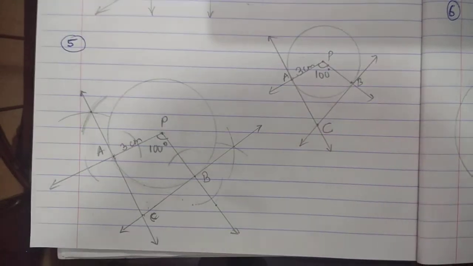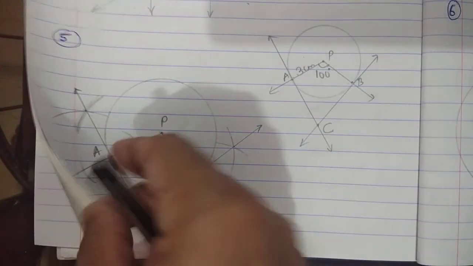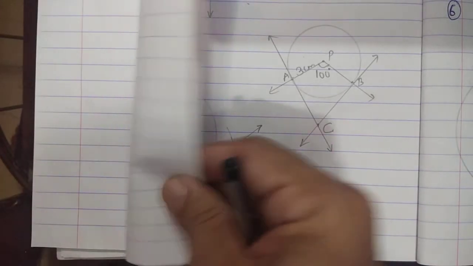Right. So question number 7, I will show it. What we'll do, I'll just turn the page now. First, which triangle will we construct? It is triangle ABC. So we are doing now question number 7. Construct the triangle as per the given information. And you can see the ratio.